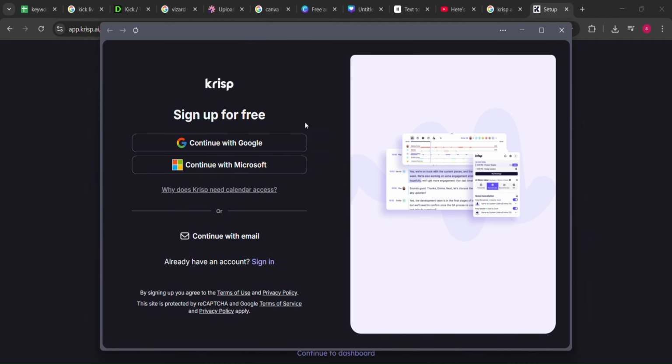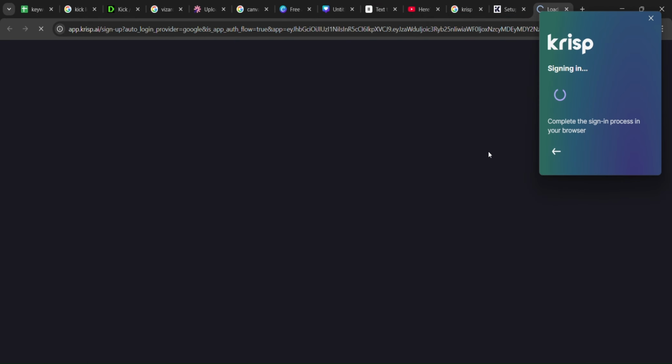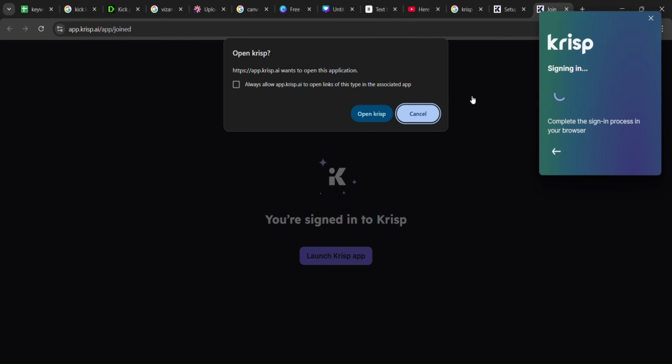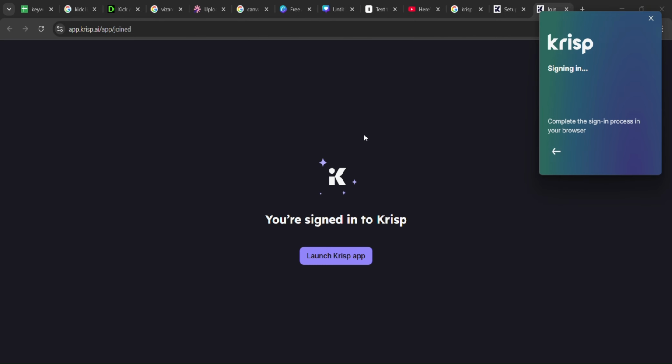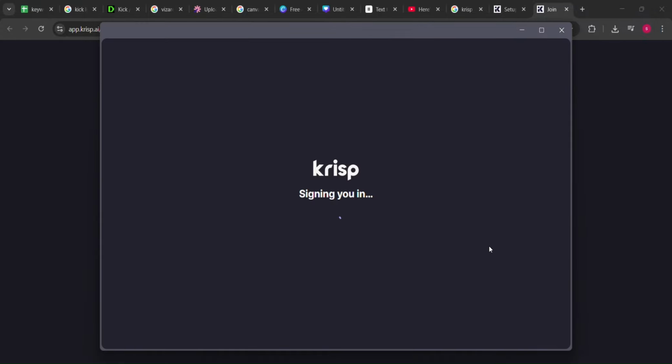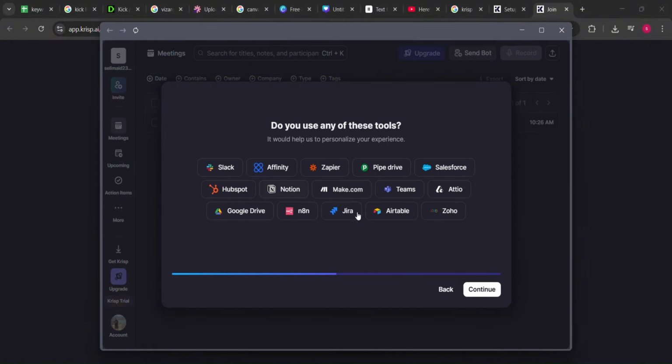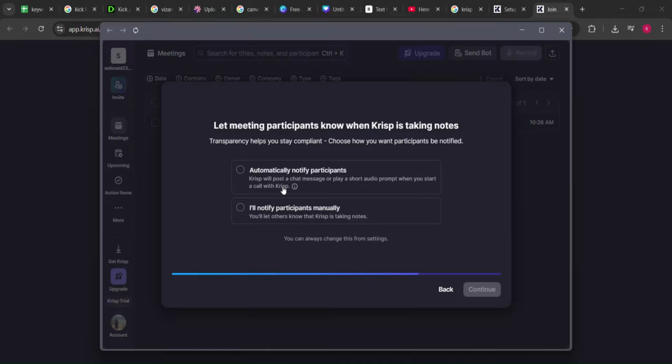Now the Krisp app will request authorization from your Google account to access your Google Meet. So click on this app, open Krisp, and here you have to confirm the AI Krisp tool. To access your meetings, you can choose to let it access your Google Meet, Zoom meeting, Microsoft Teams meeting, and so on. You just pick, for example, English, Continue, and click on Continue here about meeting invitees, and